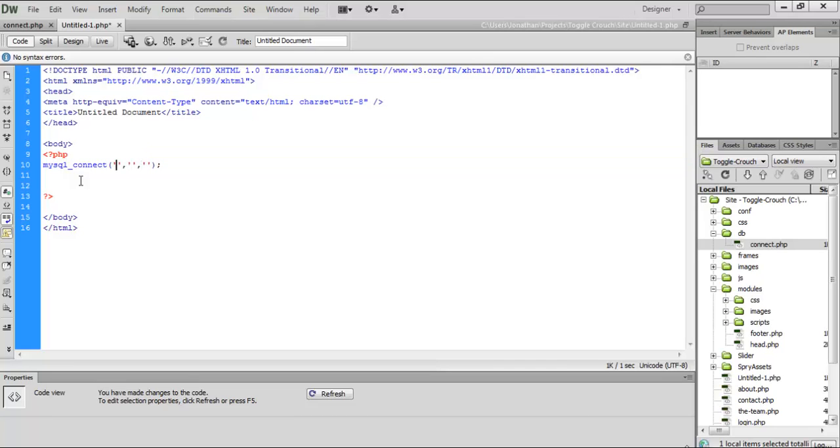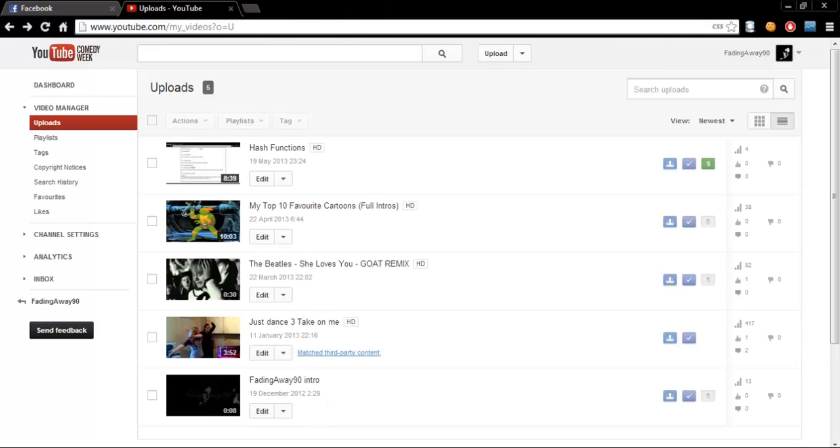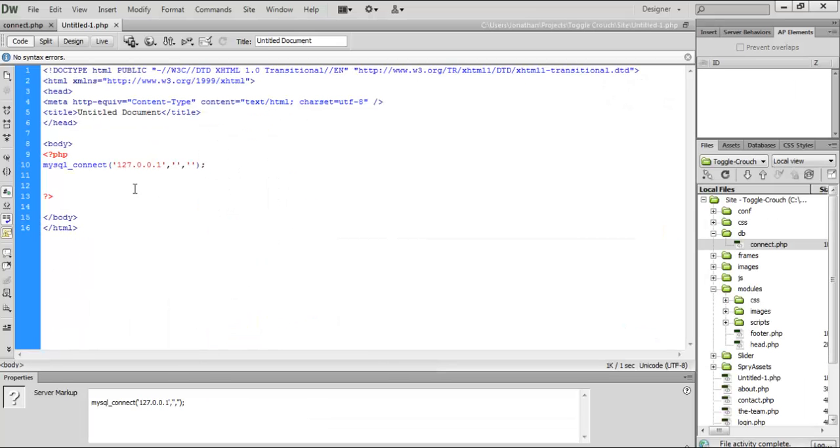I'm on a local server, so my server address is 127.0.0.1. I'm going to use the root user, so I'm just going to type root, and there is no password for that. Okay, now what I'm going to do is take this out real quick, and I'm going to show you this. So I'm going to open this in the browser, and nothing is happening. Now as far as you know, that could be connecting, that couldn't. So what I'm going to do is leave that for now,